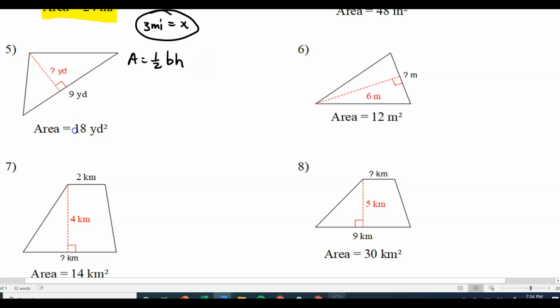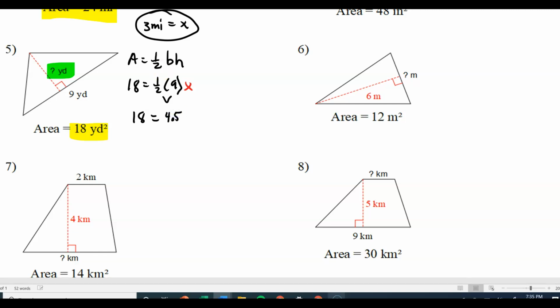So we have our area of 18. We have a base, and I need you to find me the height. So I've got 18 is equal to 1/2 of 9, and I don't know my height. So that's x. Half of 9 is, sorry, not 8, it's 4.5 x. So we divide both sides by 4.5. No big deal if we have decimals. Math isn't always involving just whole numbers. 18 divided by 4.5, x is equal to